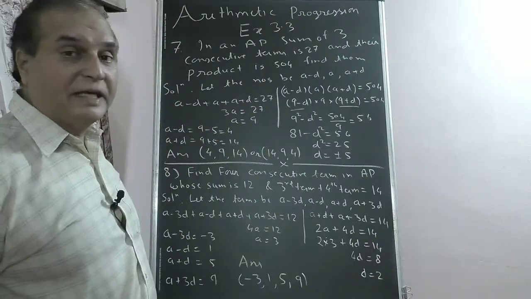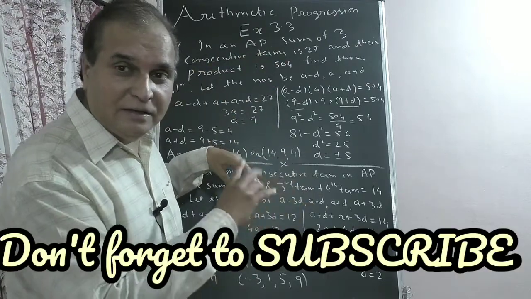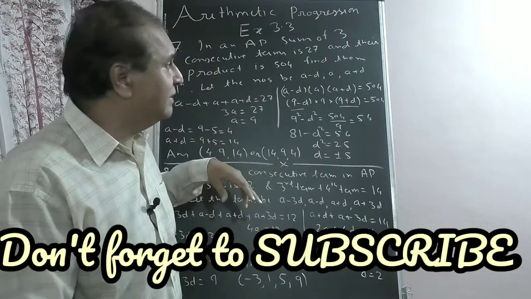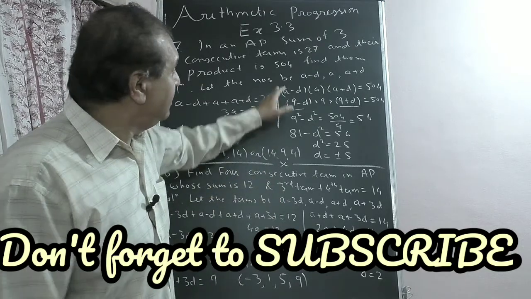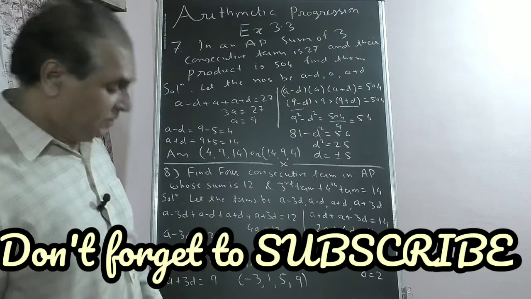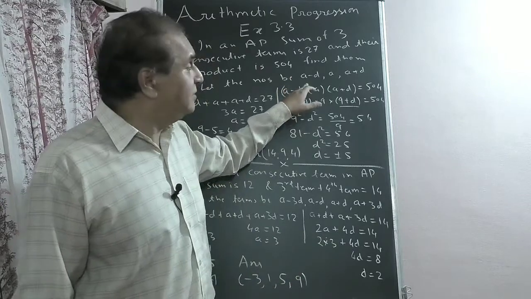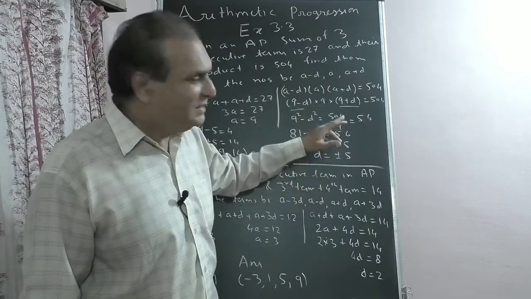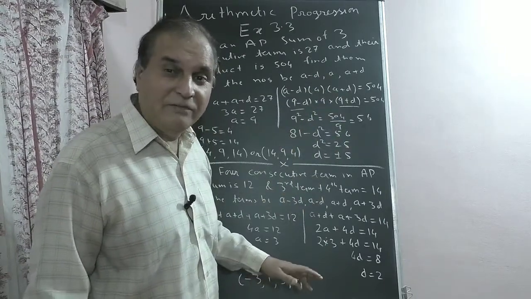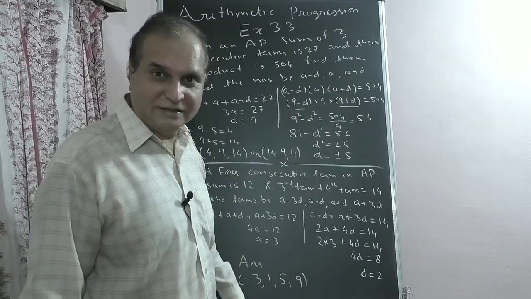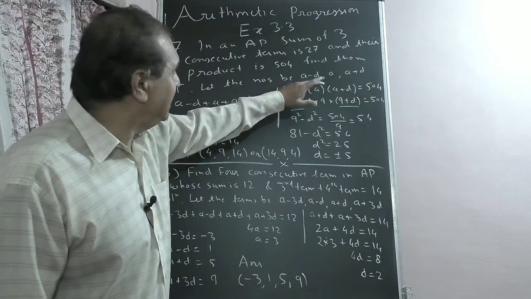Okay. Sum number 7. See, in an AP, the sum of 3 consecutive terms is 27, and their product is 504. If you multiply the 3 terms in AP, you get 504, find them. So whenever there are 3 terms in AP, always take, for convenience, the terms as A minus D, A and A plus D. See, the consecutive difference is D only. This minus this is D, this minus this is D. For convenience, because if we add them, D and D cut. That is our advantage. So let the numbers be A minus D, A and A plus D.